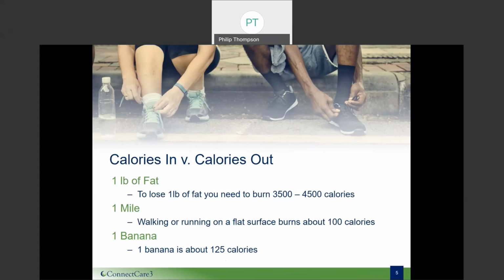One banana is about 125 calories, and I'm just giving you that example because I know a lot of us think, oh, if I walk 1 mile, I can see large amounts of weight loss, or all I have to do is walk more. And these things, we call it majoring the minors. And what I'm saying there is,